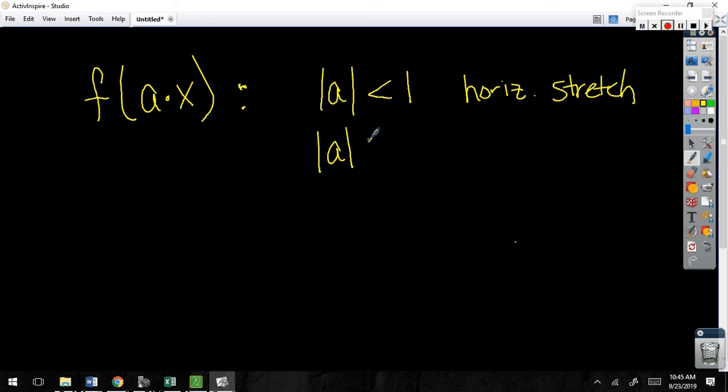All right, if the absolute value of a is greater than 1, it is a horizontal